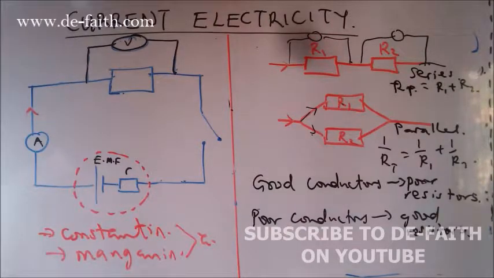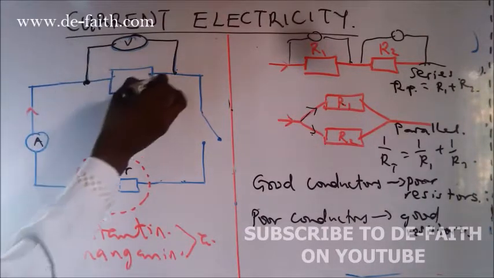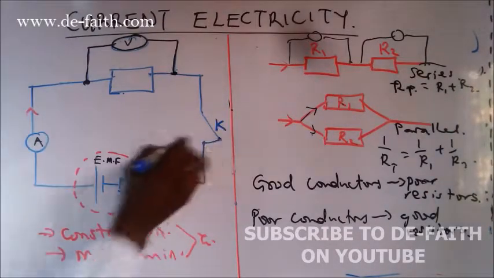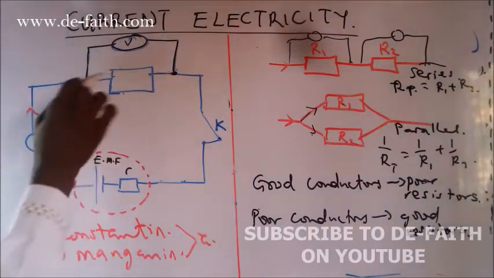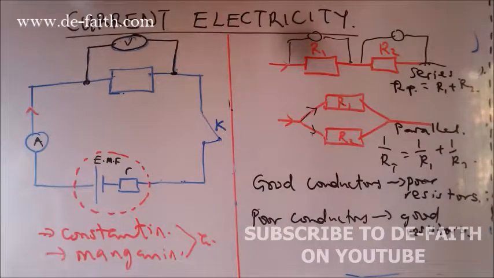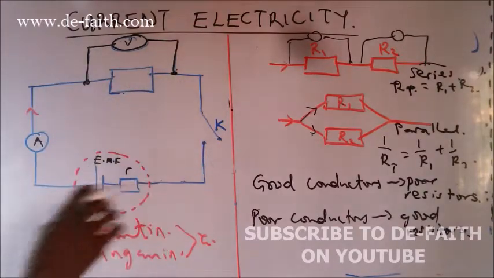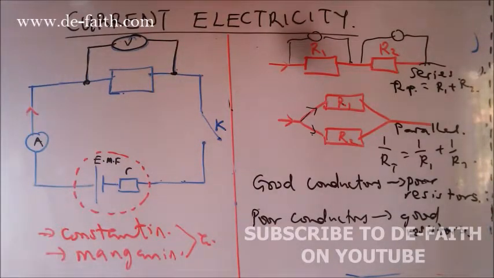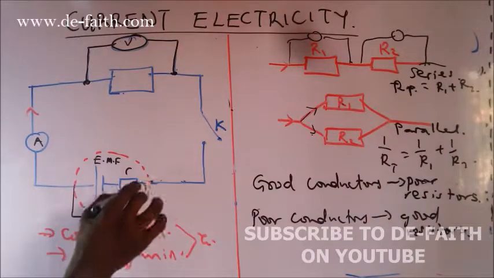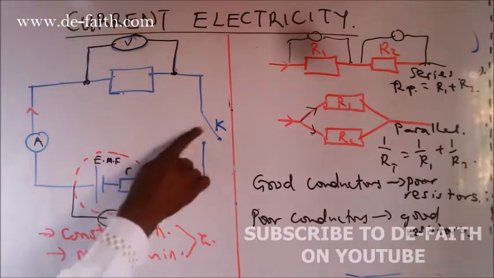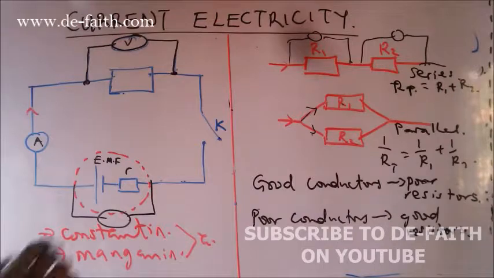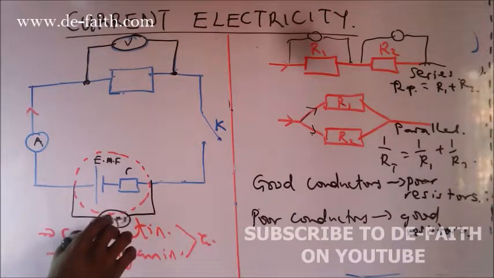And don't forget that we said that we can get the terminal potential difference of a cell, and the terminal potential difference is just like the potential difference between these two points when this key is closed. So the potential difference across any point is the terminal potential difference. But when we open this key, current will not be flowing through this circuit any longer. You can calculate the potential difference across this cell. When it is not delivering current, what you are going to get is called the electromotive force.